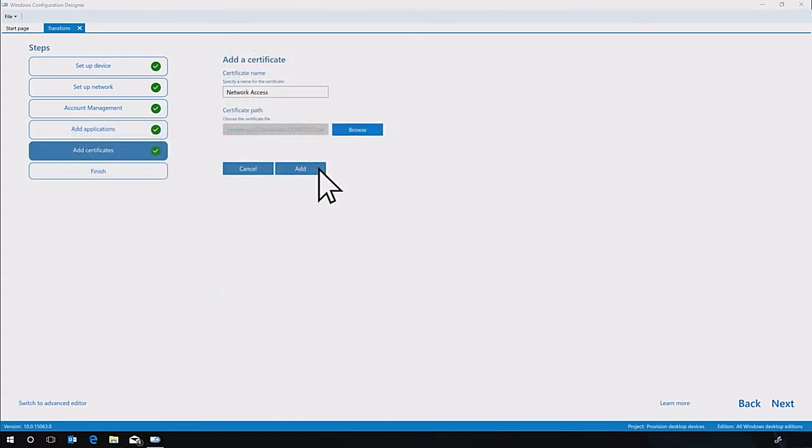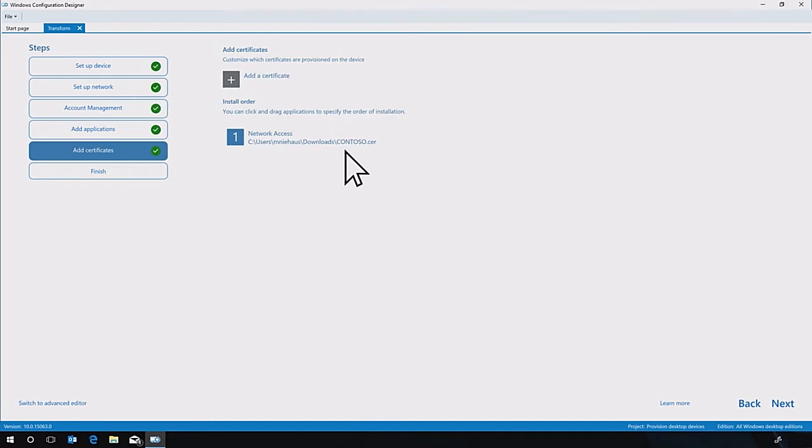We can also add certificates, which might be necessary to get the machine connected to the Wi-Fi network or even to a wired network. But once you upload the certificates, they become part of the provisioning package and get applied to the machine automatically. After that,